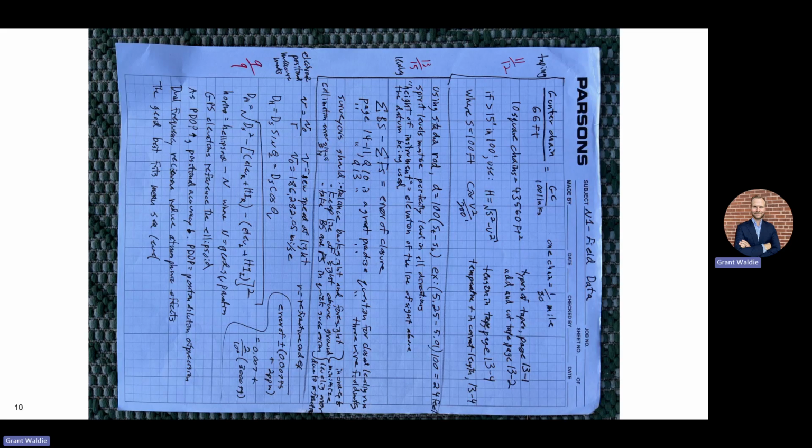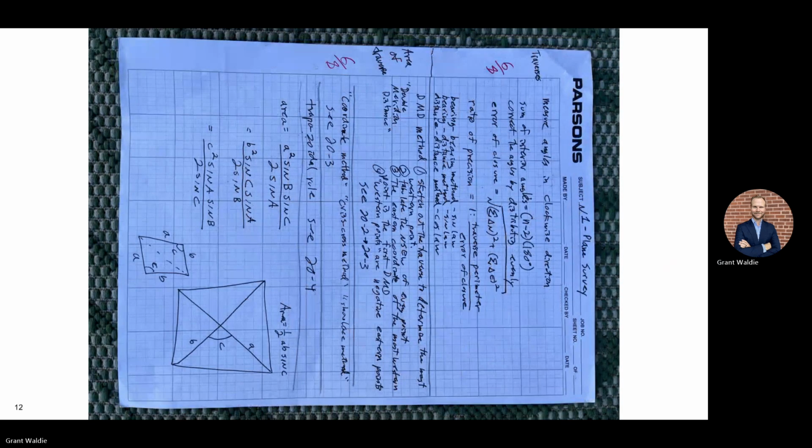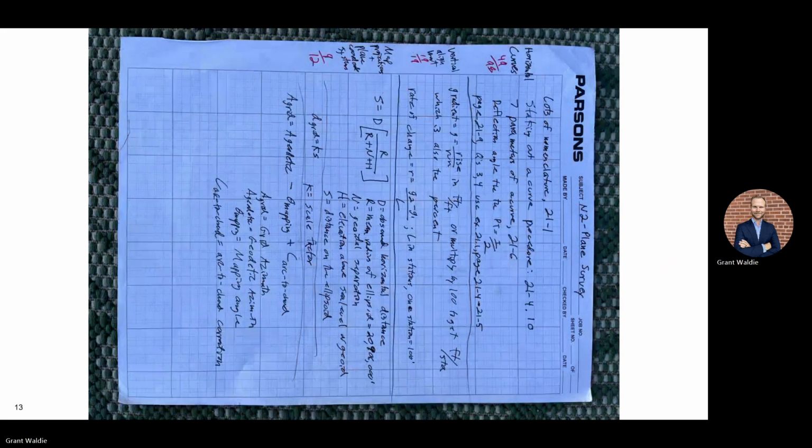A Gunter chain when you're taping or leveling or doing elevation calculations, topo survey, aerial mapping, photogrammetry, traverses, areas of traverses, super important at the bottom there, knowing how to calculate the area of a traverse,